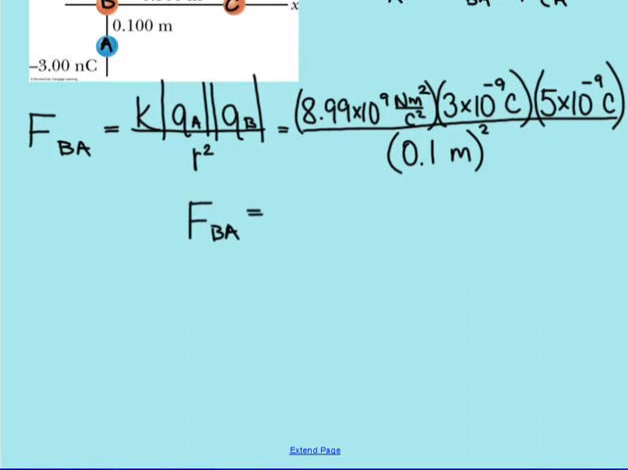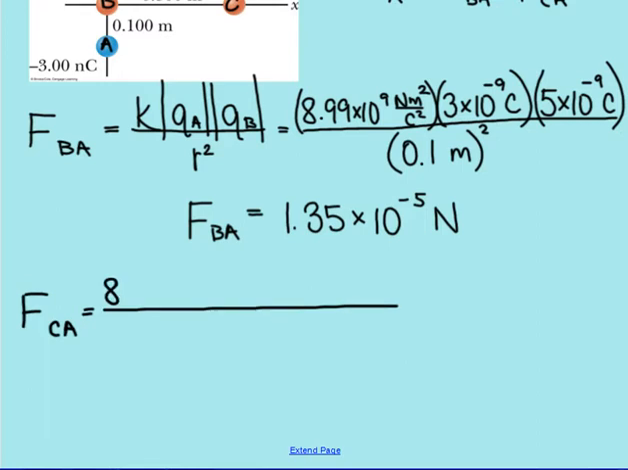Plugging that into my calculator, I get a value of 1.35 times 10 to the negative 5th newtons, looking at magnitude only once again. In the same way, I can find the force that C exerts on A